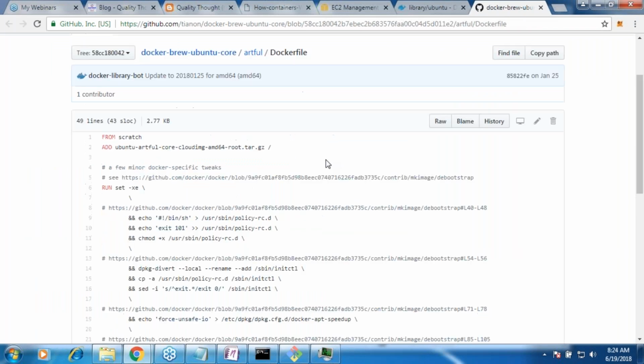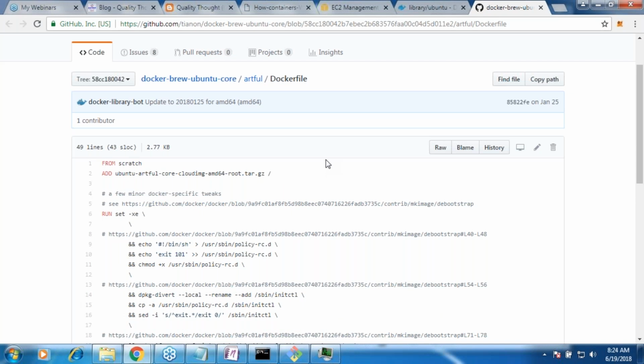What is the base image here? Scratch. Scratch is the image which will give you a very basic file system. It will give the Linux kernel, to be very specific. Whenever you use Scratch, you get the Linux kernel, right? That is the only image which Docker Inc., the Docker company, has built, and all the rest of the images are based on this. So this is the parent of all the images, right? Any image you take, if you track the parent tree, it will go and end up at Scratch at some point. So for example, I use Nginx.